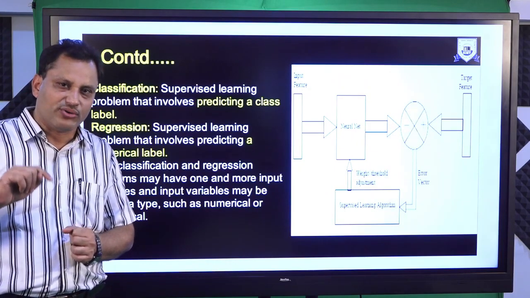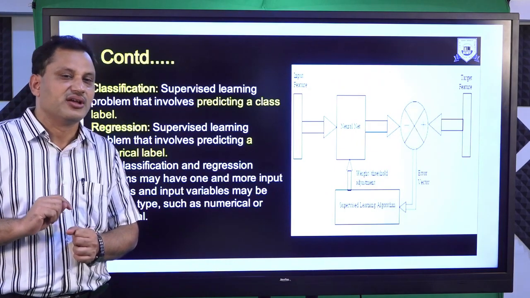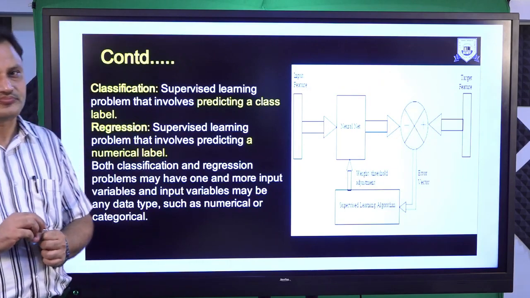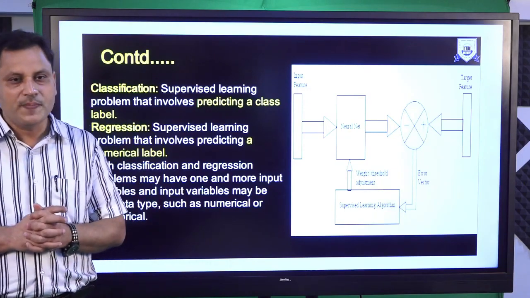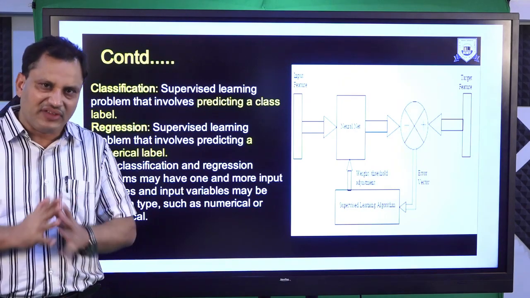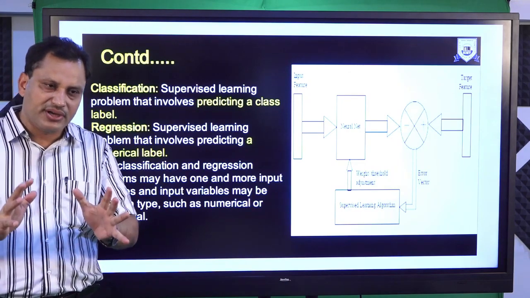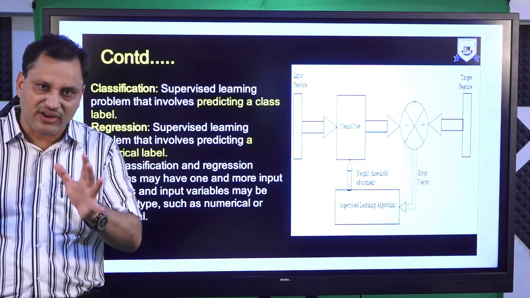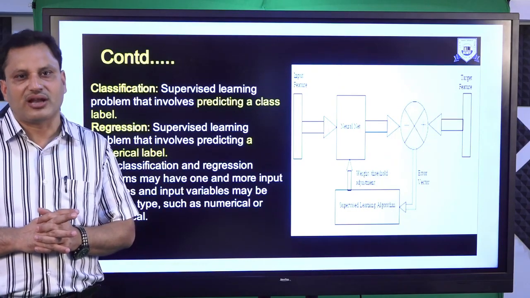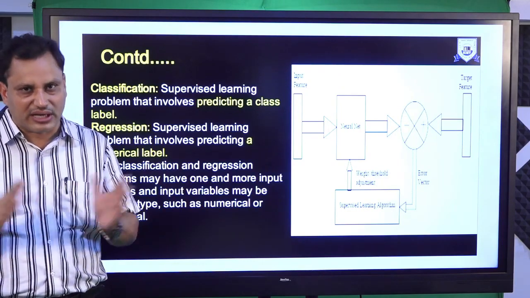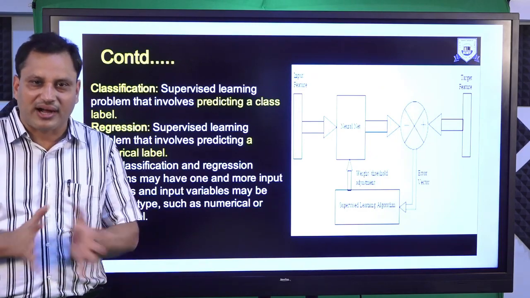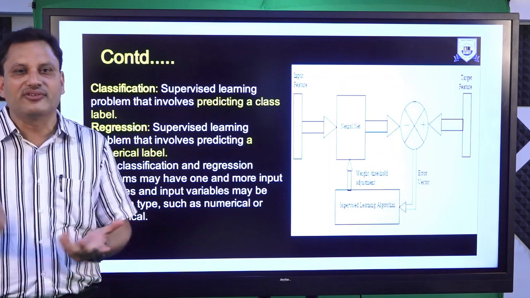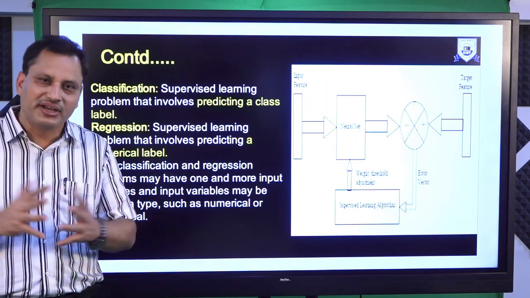Here it is very important to discuss the difference between classification and clustering. Then the next concept will be easily understood by you. In case of classification, the parameters, the deciding factors, are known. In case of clustering, mathematically or theoretically, the grouping parameters are not known. So how will the clustering take place?